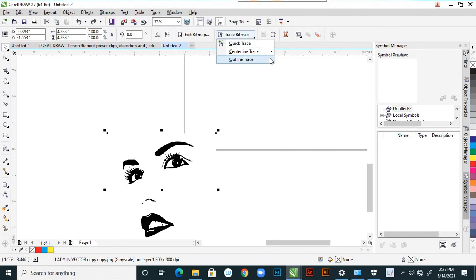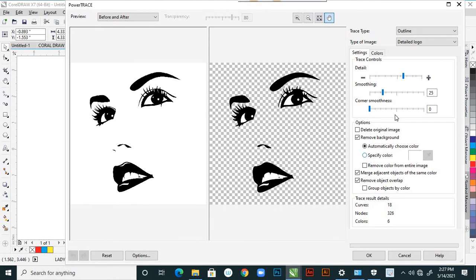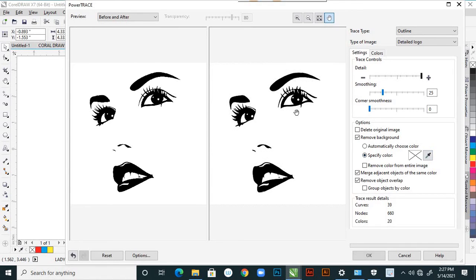Weight tracing and detailed logo, it is traced right in detail. I want to remove this color.